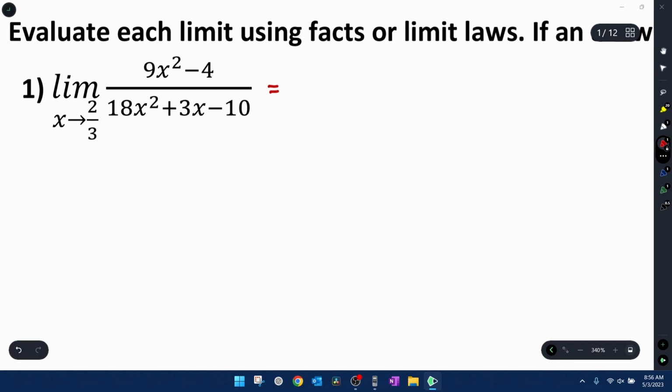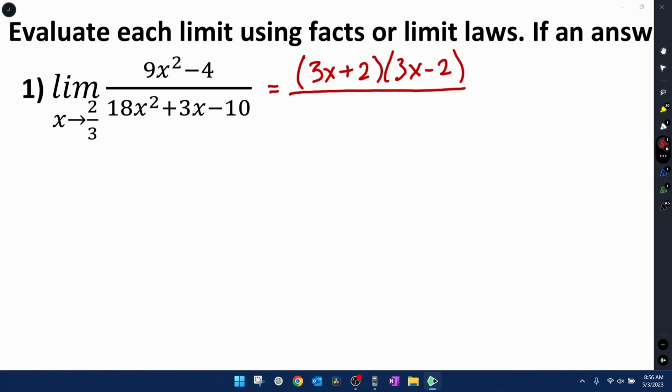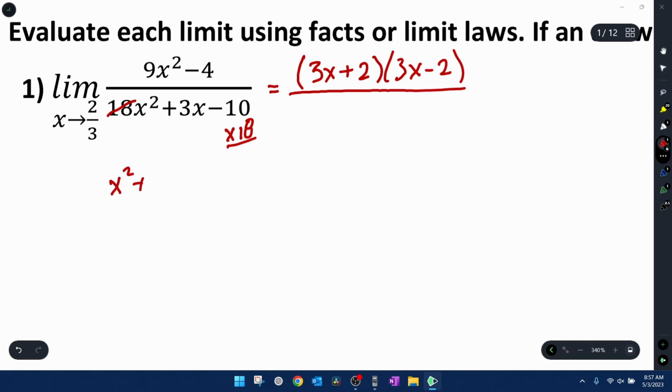What we notice in the numerator is that we do have the difference of squares. So we're going to try factoring the numerator. That's going to give us 3x plus 2 and 3x minus 2. And in the denominator, we have a trinomial with a lead coefficient. And the technique that I teach my students to factor those is the 3R method. So the way that works, we're going to take the 18 and remove it, and instead multiply by the 10 at the back. That'll give us x squared plus 3x minus 180,